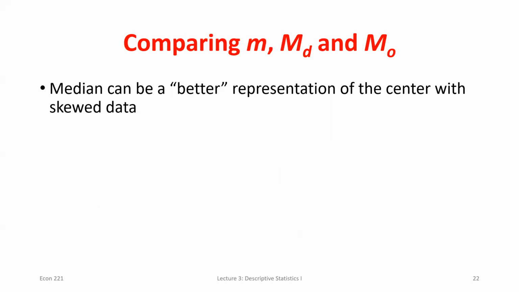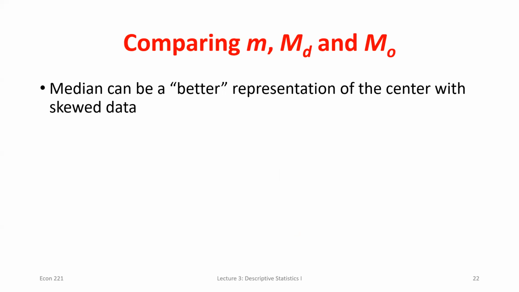So why might we have these different measures? Let's see where we're at on time, and then we'll probably end this today. So why might we want to use the median instead of the mean? I think I can give you a pretty good example. So let's say